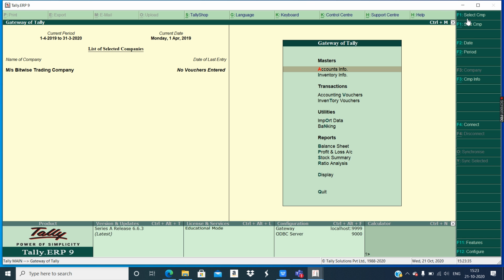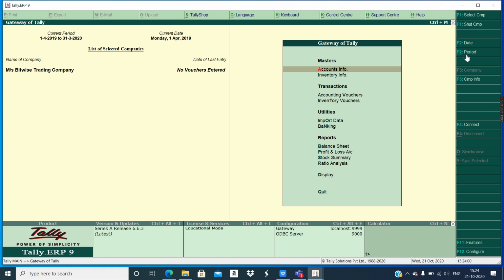Now see all these options, this is F1. For selecting a company, if you have more than one company created, you can select a particular company and work in that. Then shut company, if you want to switch from one company to another, close the previous company and go into a new or already created company, you can use this shortcut.